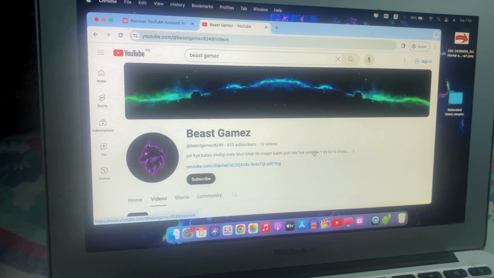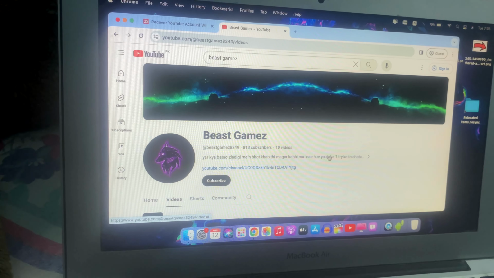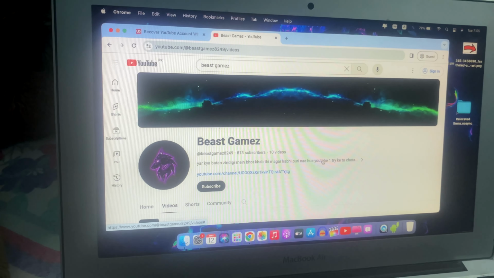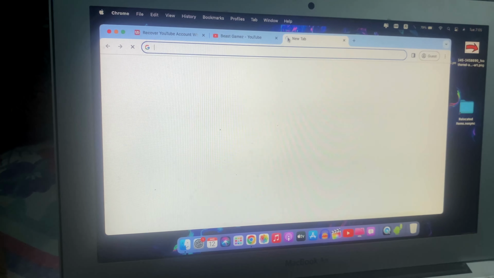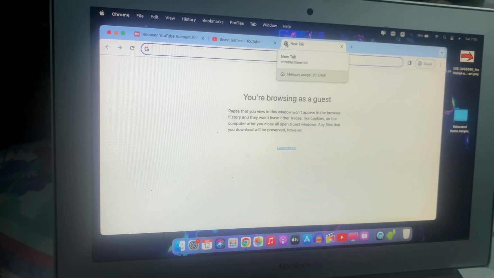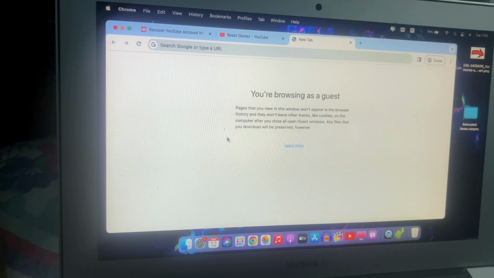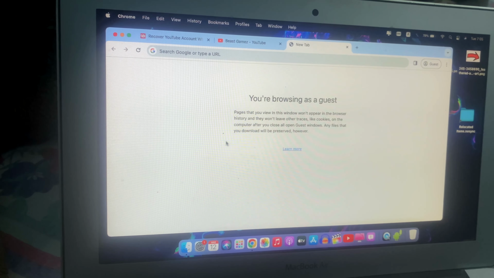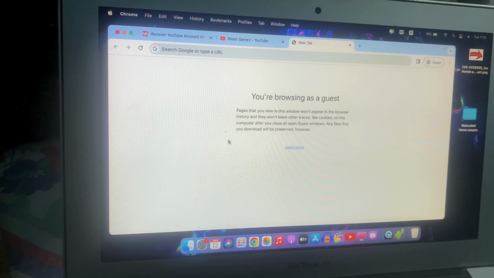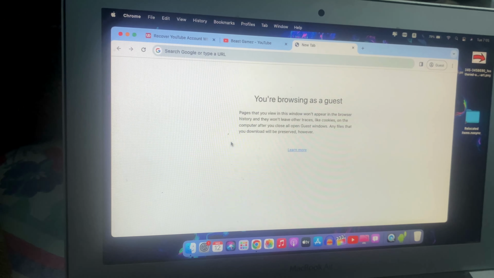So guys, only I knew this Beast Game. I don't know my Gmail account or account username or ID. So what can you do to solve this problem? To be honest, I found that I had logged in to this account on my iPhone like 5 or 6 years back. So on that iPhone I found that you could have saved your password